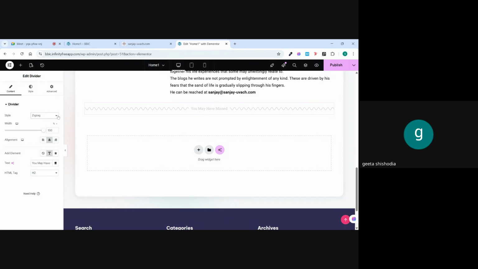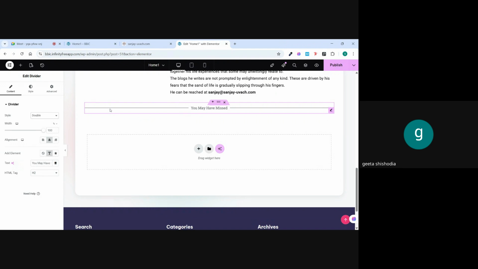Like this, a zigzag line will appear. Okay, like this. Or you may use this multiple. Multiple means you will have multiple lines. Okay, so all these are not looking that good, so I'll better use either double or so, I'll use this one. Okay,